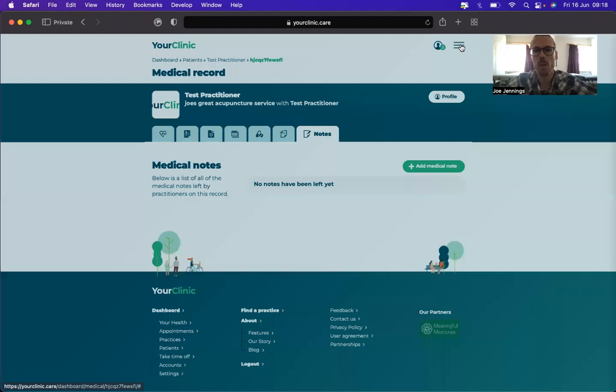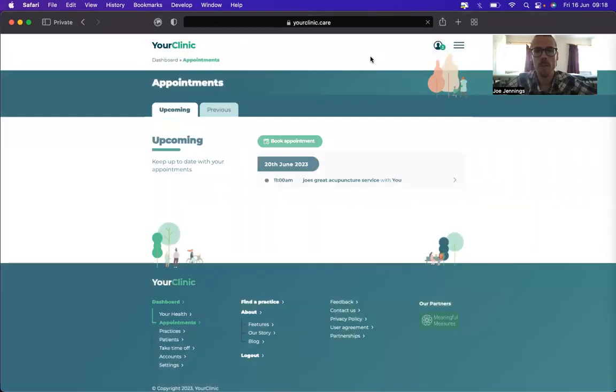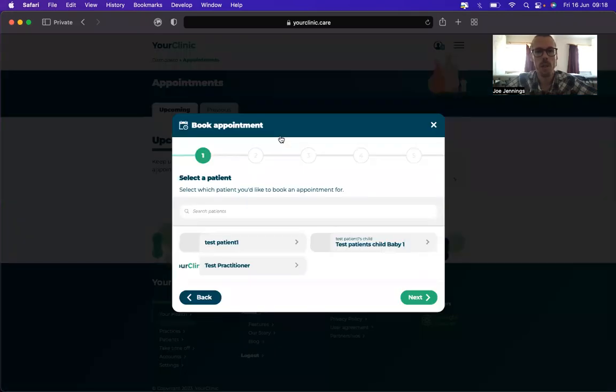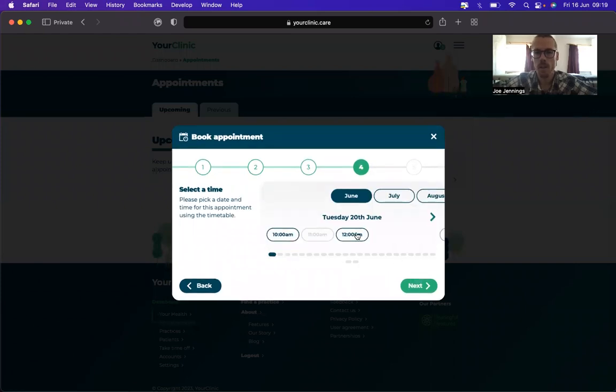Just a quick one: if you do want to book patients in by yourself, you can go to book appointment here on the appointments page, and then it's the same loop where you can choose the patients, go across, choose what kind of service, the time and date,